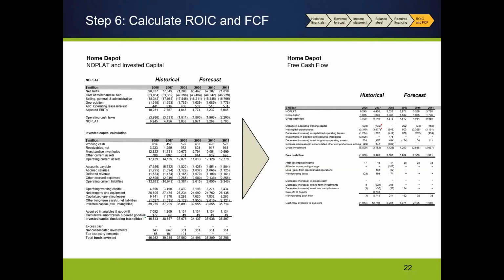Then we take all our forecasted information, and these are really small, I know it's kind of hard to see. So we've used our historical data to calculate our forecasts. Then we've reorganized our forecasted and historical data to calculate NOPLAT and invested capital. We've used that then to calculate free cash flow, both on a historical and a forecasted basis in all of our years. So here I'm only displaying 3 years of historical data and 3 years of forecasted data, but of course in practice we would have 10 and 15.